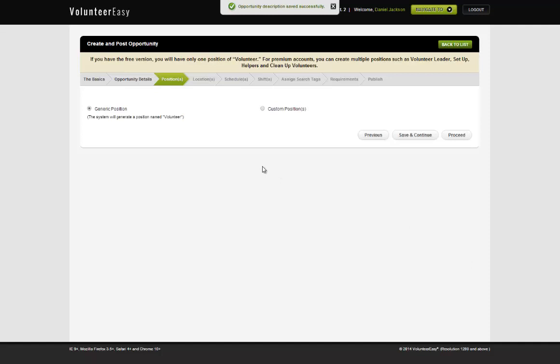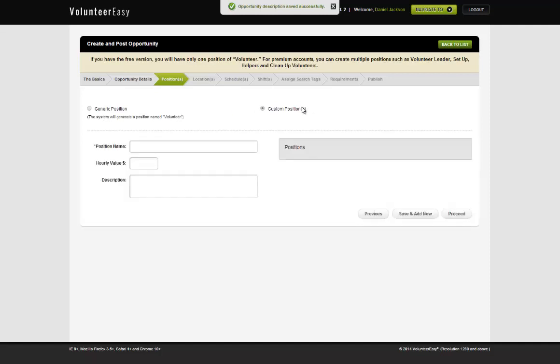But if you are going to be doing positions like full-time versus part-time tutor, or tutors for different subjects, this is where you can create those positions. By default, you get a single position called generic position. Now, if you're a paid account, you actually get to create other positions. So you give it a name, like